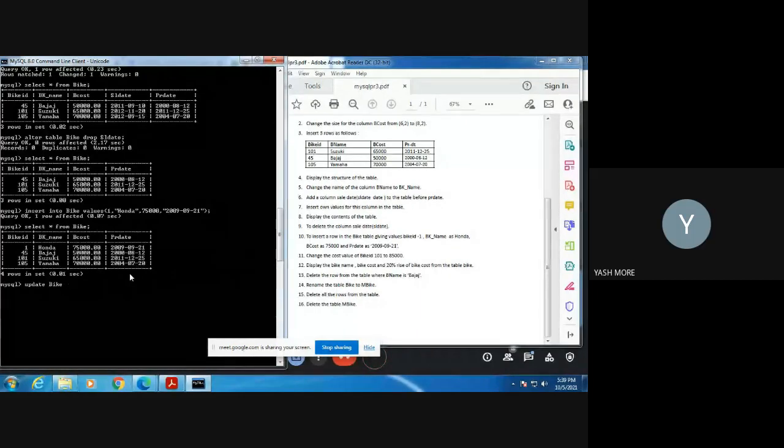Set, then B cost is equal to 85,000, then where bike ID is equal to 101, right?